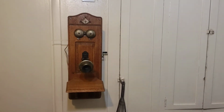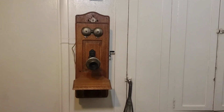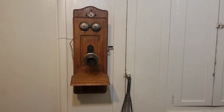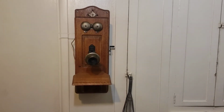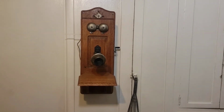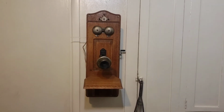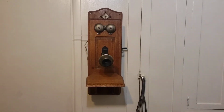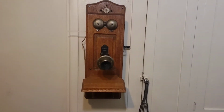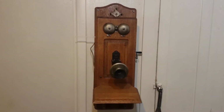Hey, just an update on my phone. The original spot for a phone in this house was right here on this wall in 1920 when the house was built. There's also an extension in the front room for the newer candlestick type of telephones. I'll get one of those for the front room. But this is where this phone would have been in this house originally, and it's right next to the